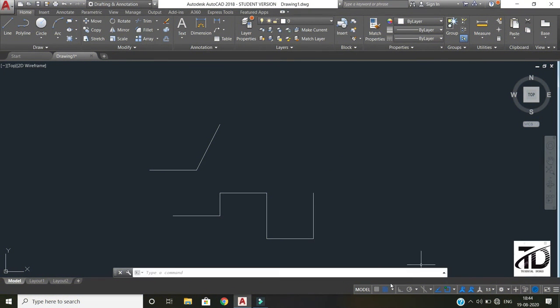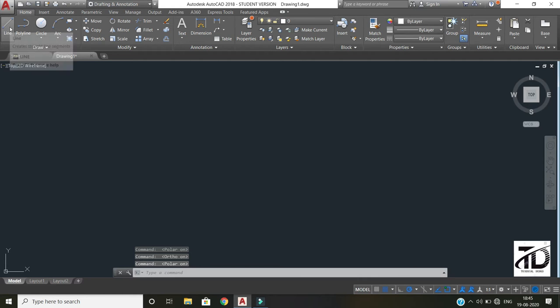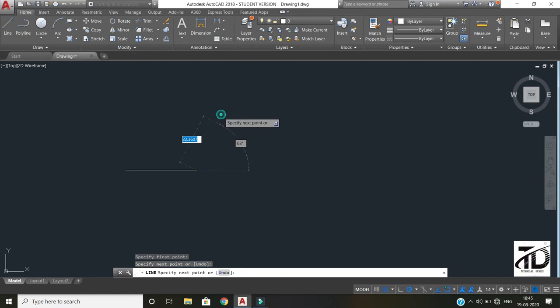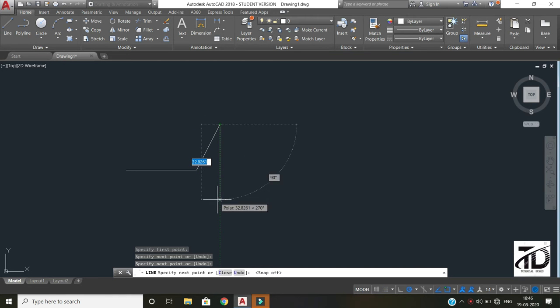Next is polar tracking. Let's turn on polar tracking by clicking this polar tracking icon or using the F10 function key. As soon as you turn on polar tracking, ortho mode will be turned off automatically. Now we can make a line along any direction, but if I make a line along the vertical and horizontal direction, we will find the green tracking vector. Now this green tracking vector tracks every 90-degree interval. This is because in polar tracking it is set to 90 degrees. Now let's change it to 45 degrees.